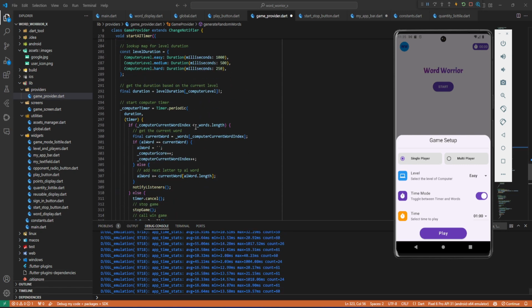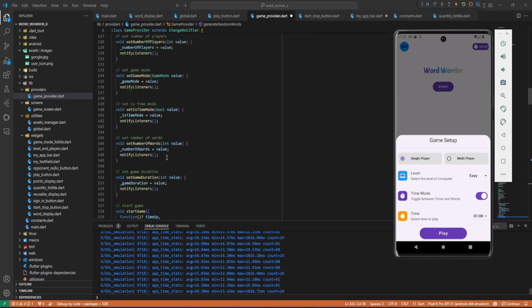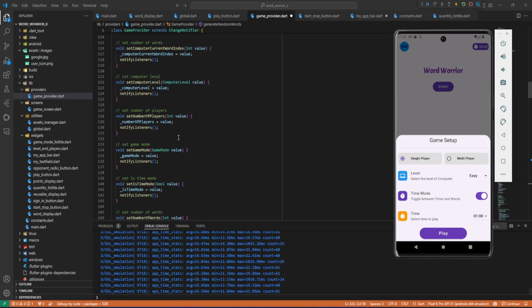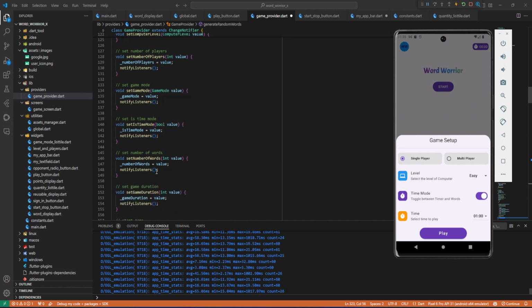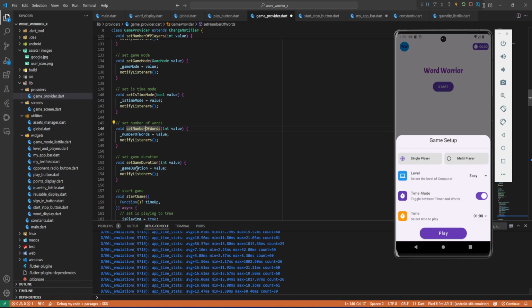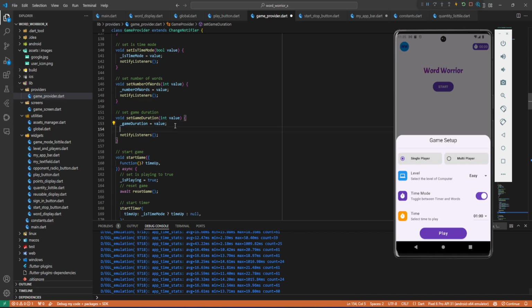Okay, so we're going to this method of set timer. So let's go to the setters. This is set number of players, set game mode, set time mode, set number of words. Yeah, this set number of words, and then set duration. Okay, so here we can check what duration you have picked. Okay, so here, if we want, we can just ask our assistant to write that. Okay, so now we can do set